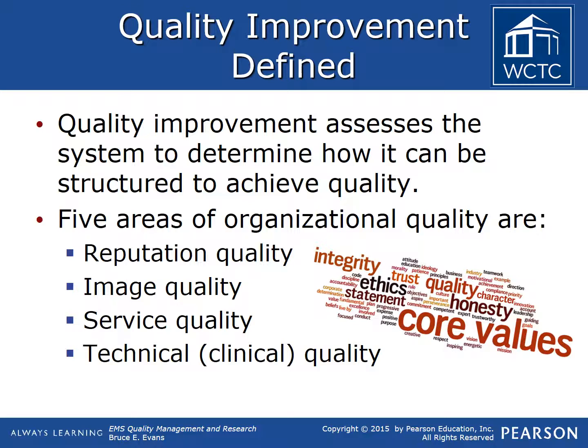The fourth area is technical quality. This refers to the care provided by the EMS agency. Was the provided care competent, appropriate, and evidence-based? Lastly, the service must benchmark operational quality. How efficient is the billing process? How is your equipment maintained? Are your response times reasonable? These are all critical areas to consider when defining and evaluating quality within an EMS organization.